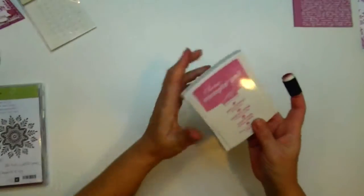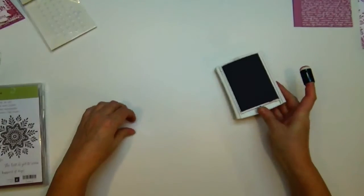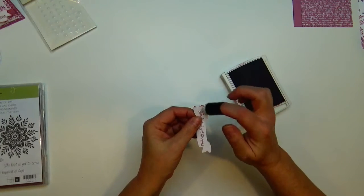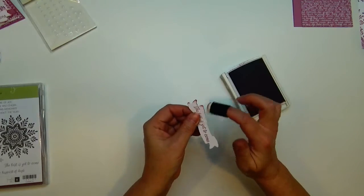Then we'll open up our Sweet Sugar Plum again, because I like to just go around the edges. Gives it a little bit of color so it's not just...